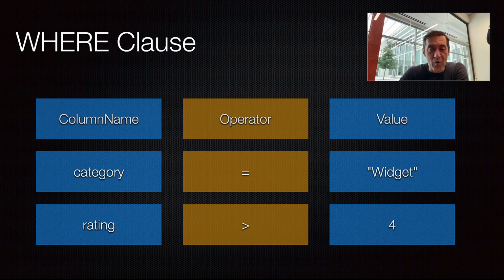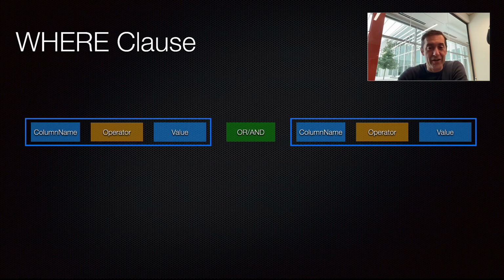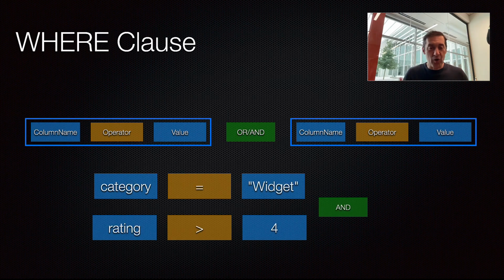It can get more complex because sometimes you would need to have more complex queries. So for instance, you could actually combine these conditions for individual columns together using and or or logical operators. So with the same category and rating example, you could say category = "widget" and rating > 4, and then you would get all the records that meet that specific condition. Let's take a look at how it would work in Backendless console and in your applications.